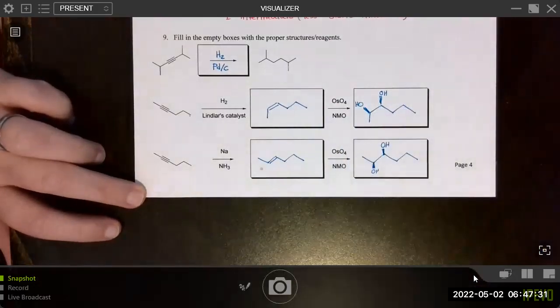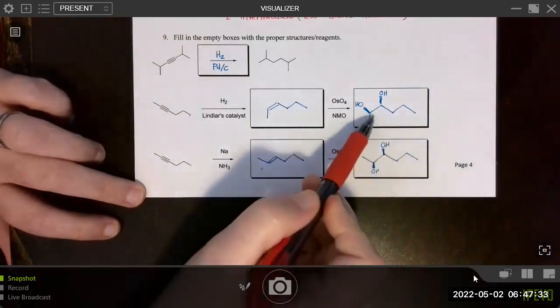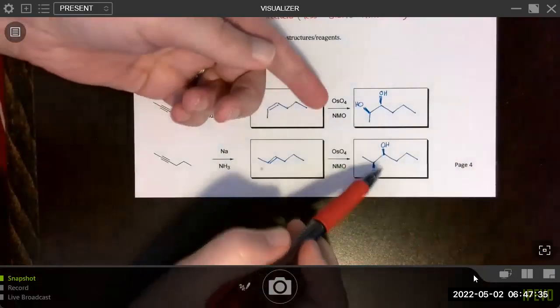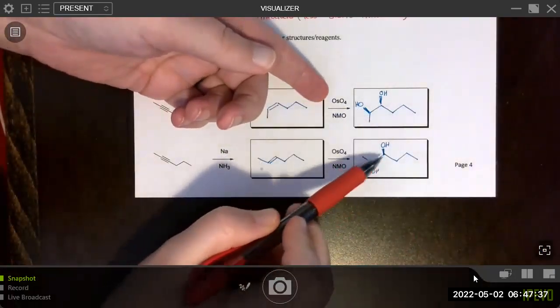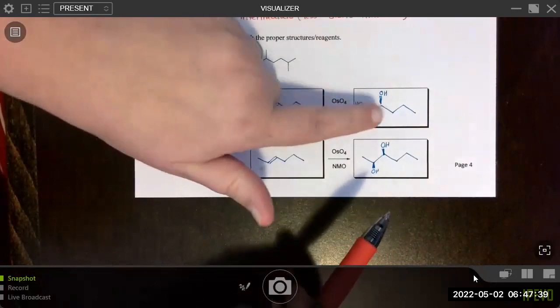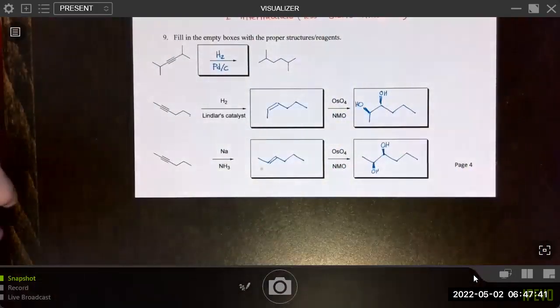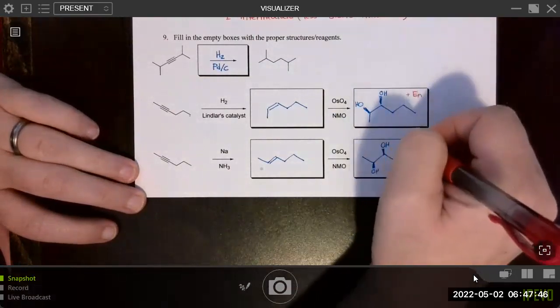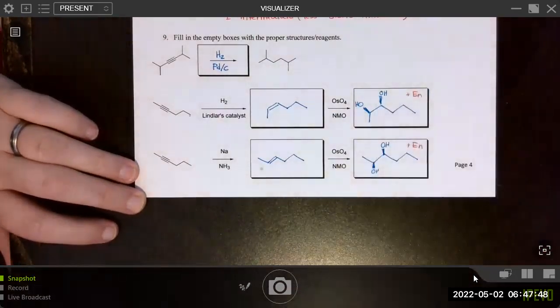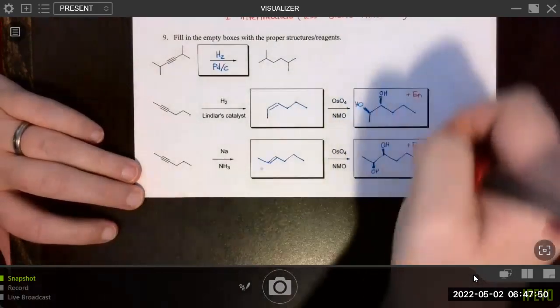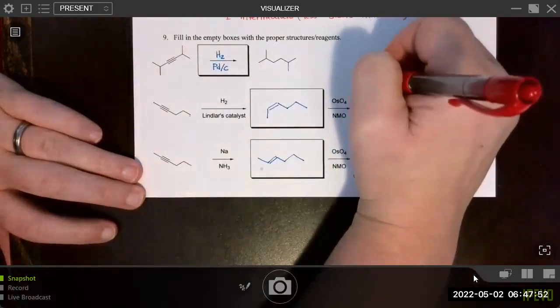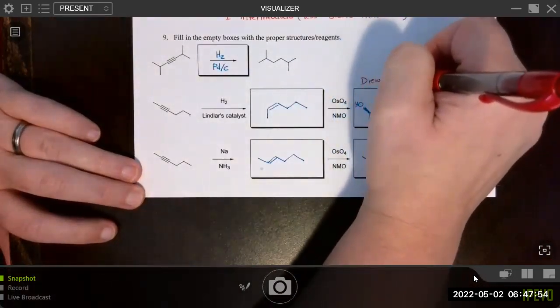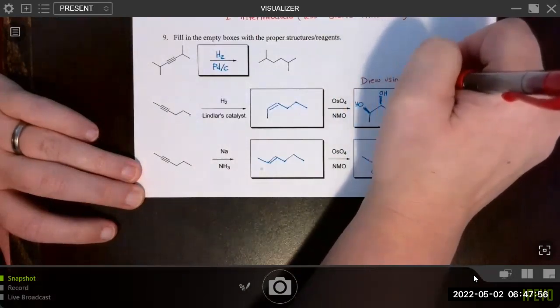Okay, and remember that this is not the same as this, because if you wanted to get it in this configuration, you'd have to flip this over, and then it would look like it. So this would be plus. I drew this using model 2.